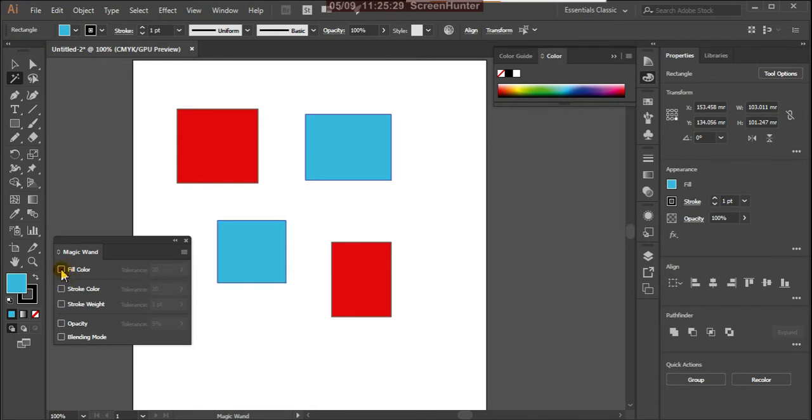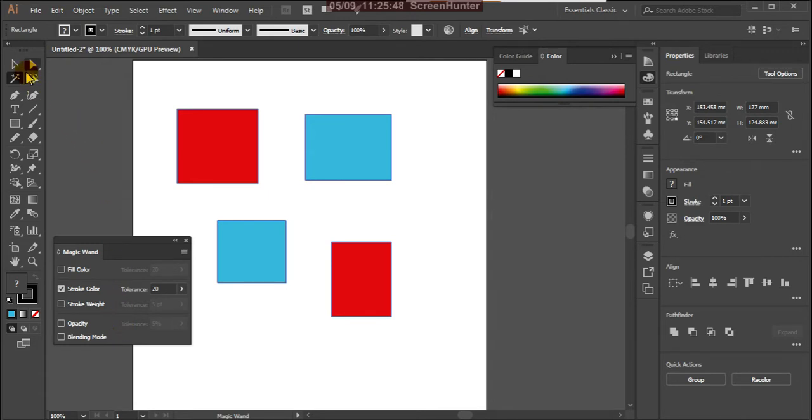Okay, now suppose stroke color. Just click on this. See, all the portions are selected, because it is not caring about the fill color, just the stroke color, the black stroke color I used.